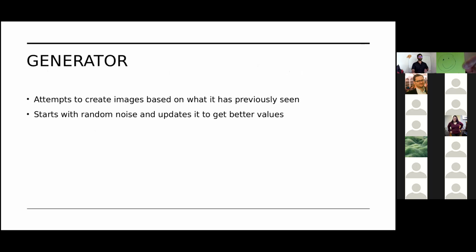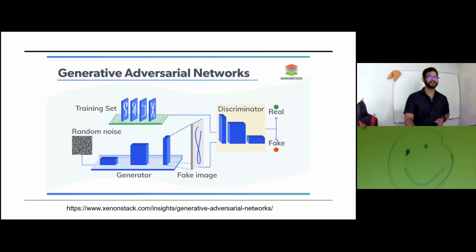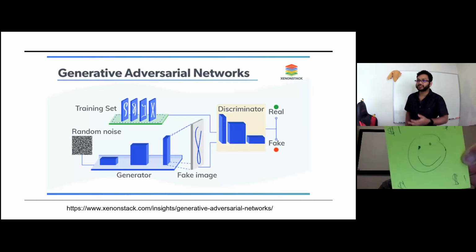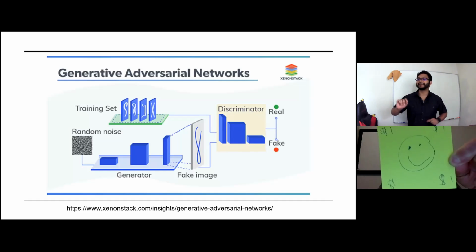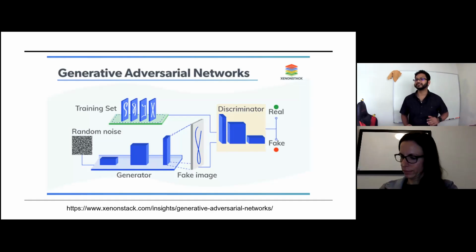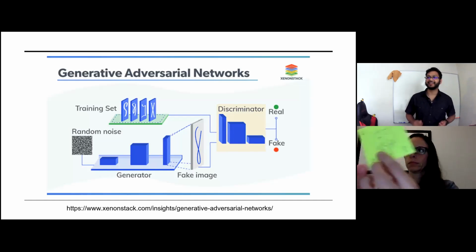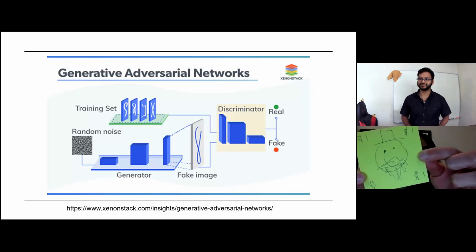So that's essentially what the generator does. It tries to trick me with what a dollar bill is. So Professor Sofianos starts off with that nice drawing of a smiley face, and I say no. And then she's going to change that picture of a smiley face to be maybe Abraham Lincoln. So she's going to learn essentially why I said no. And then I'm going to say no again because it's not on a Post-it note. And then she's going to get a real dollar bill. And see how she gets better and better?